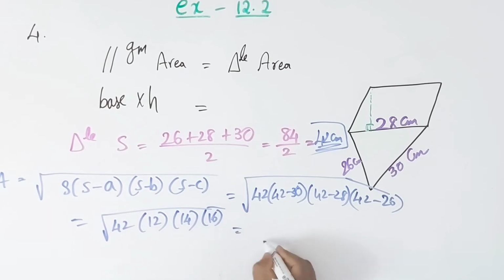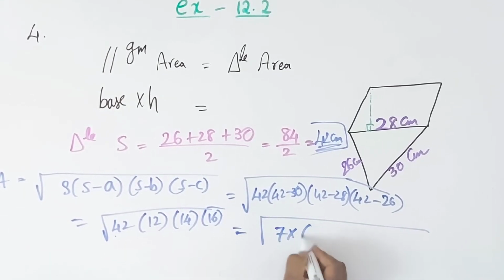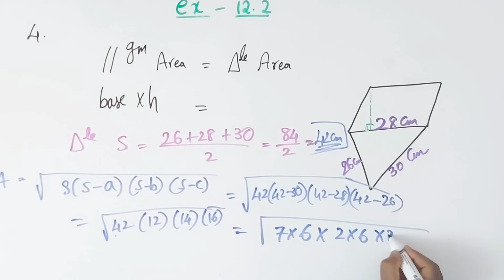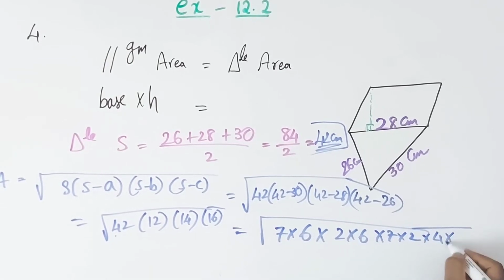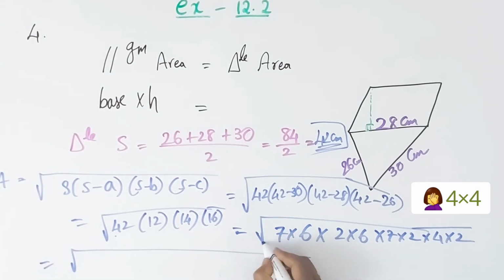Now this one we can write again 42. 7 6 we can write into 12. 2 into 6 we can write 14. 7 into 2 we can write 16 children. 4 into 4. Correct. Now this equal to root of, here 7 and 7, write 7 square,